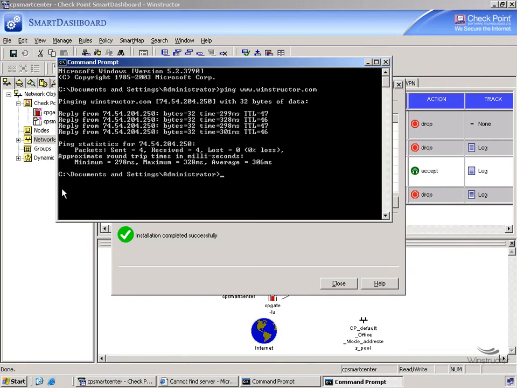So in this video, we've talked about creating a security policy and deploying it to your gateways. Now, without this policy, your gateways aren't doing anything, so we obviously need one. But remember that your policy can pretty much make or break your security, so it's really important that you get it right. Now, we are going to continue this discussion and we'll talk more about rules in later videos,